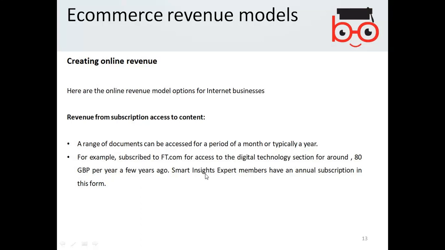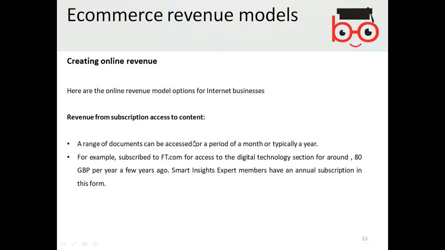So Smart Insights Expert members have an annual subscription in this form. So if you want to create, like I explained, a website which gives books, then creating and allowing subscription-based content is one kind of online income.